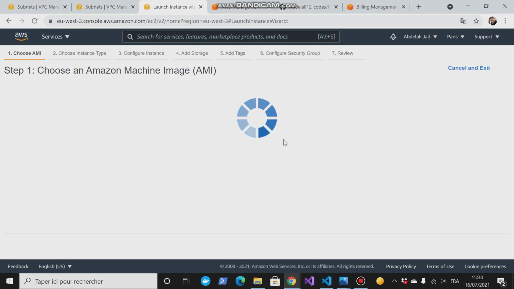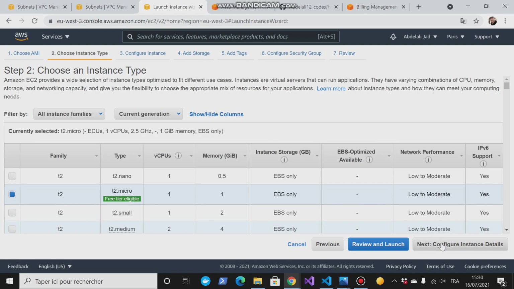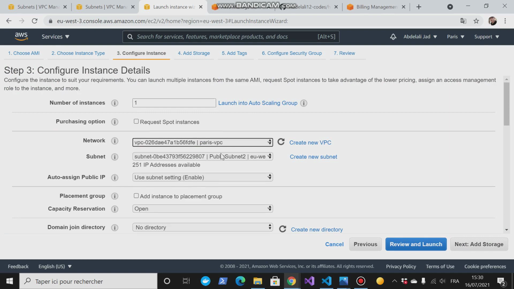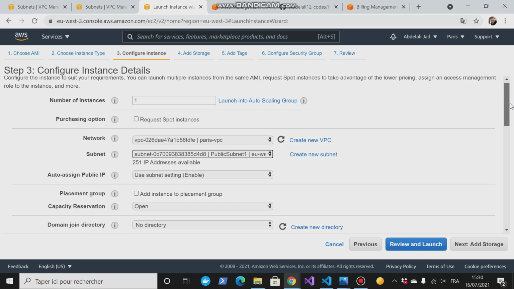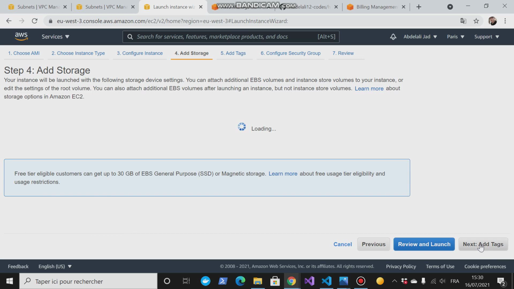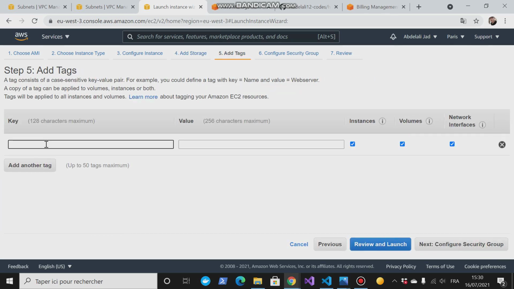This one, configure instance details, EC2 micro. Then we choose our VPC, then your subnet, right? And add storage. Add tags, and here I will name it. Then for the value